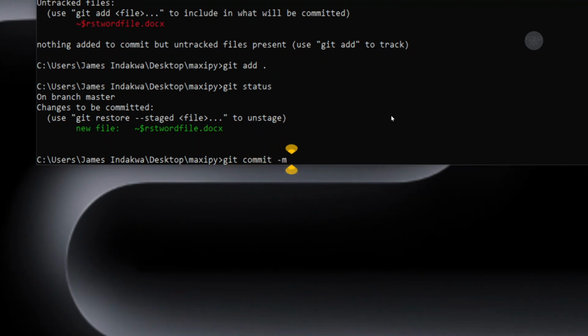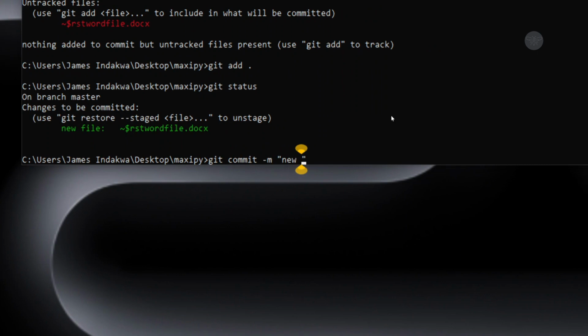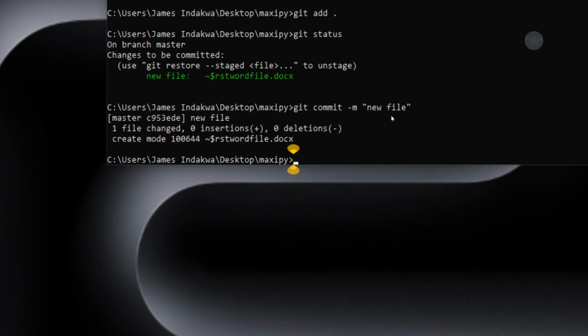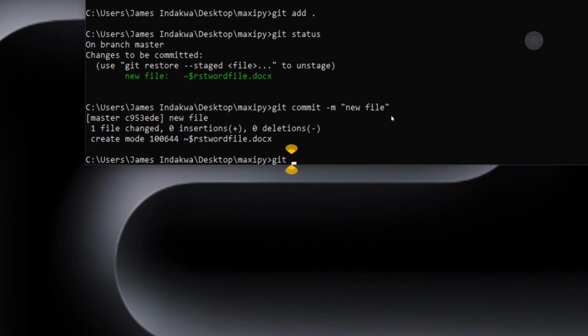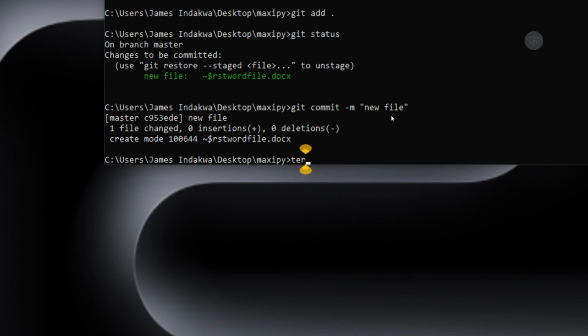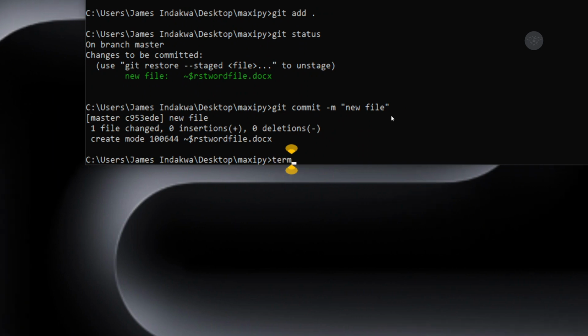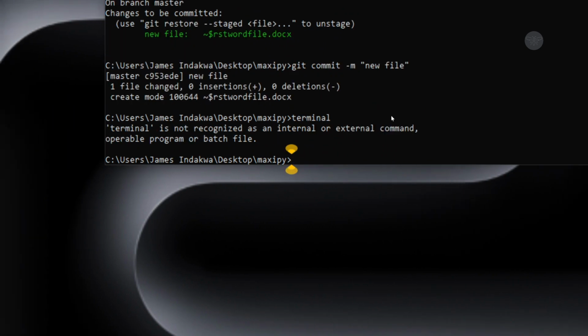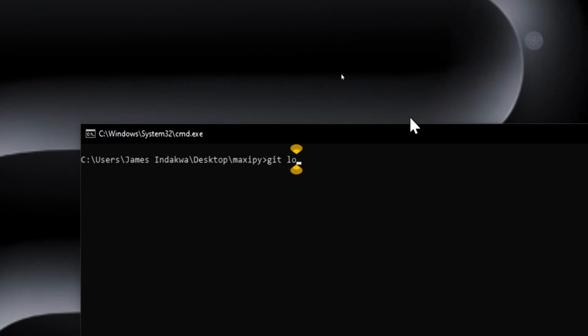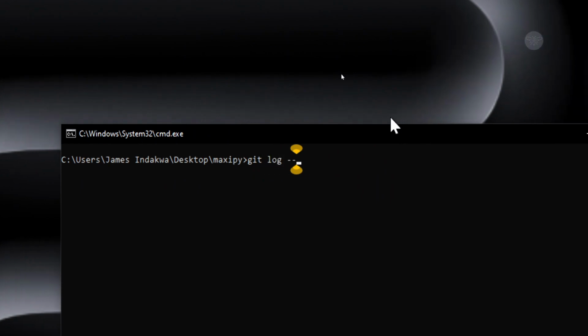m new file. I don't know where the file came from. Anyway, I'll repeat the command, git revert. Let me just clear the terminal. Oh, CLS is CLS. So git log oneline,